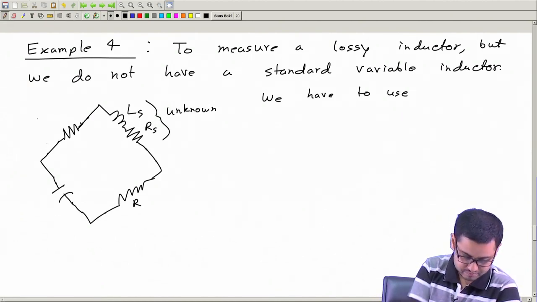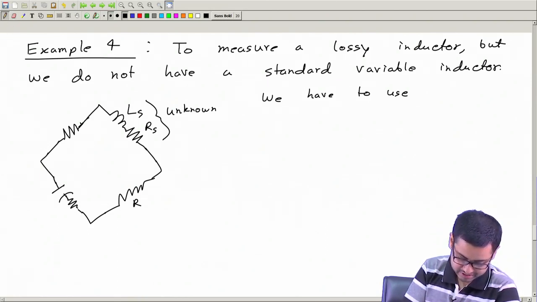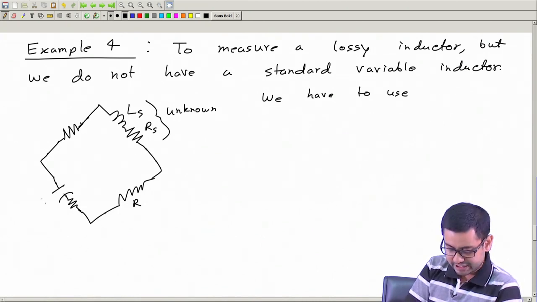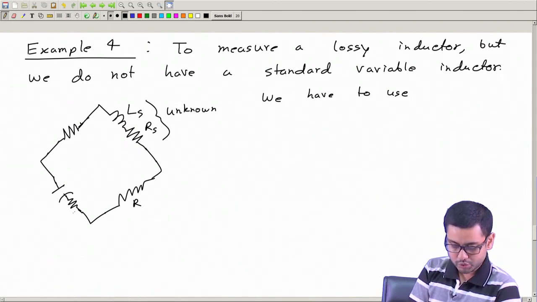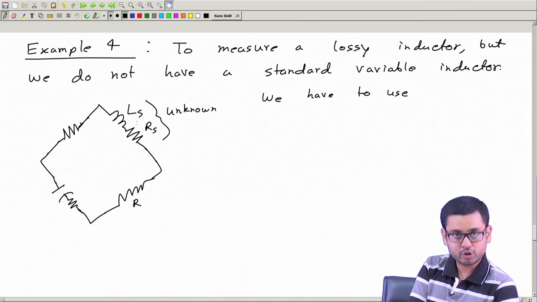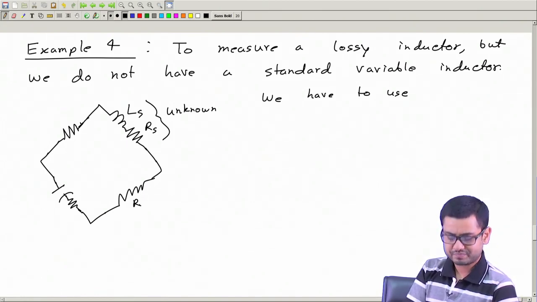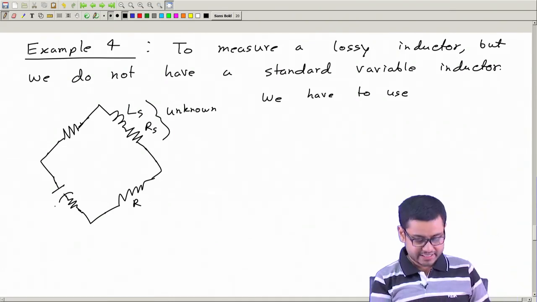So, I may use this. Now, this is between 0 and 90 positive, this is between 0 and minus 90 negative, and if I adjust these 2, then I can make the angle of this equal to this. So, they will cancel each other and sum up to 0, and these 2 they sum up to 0. So, this is possible. It is good. So, this is the easy bridge,